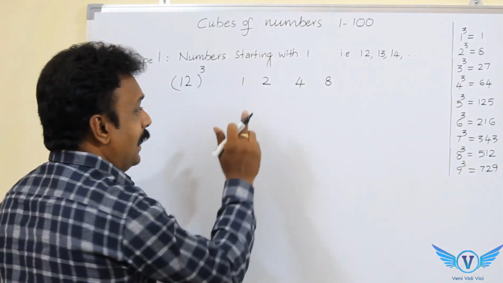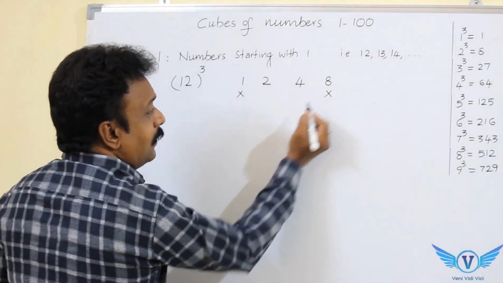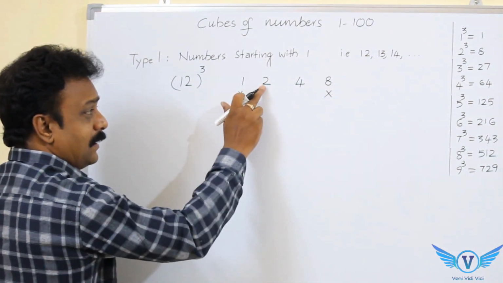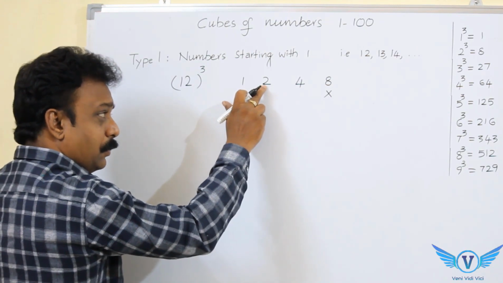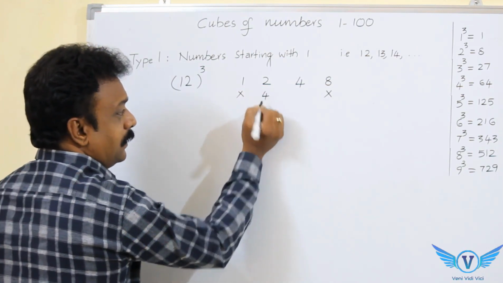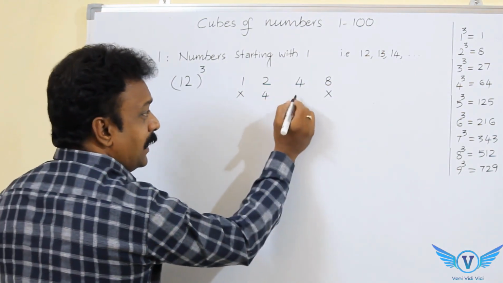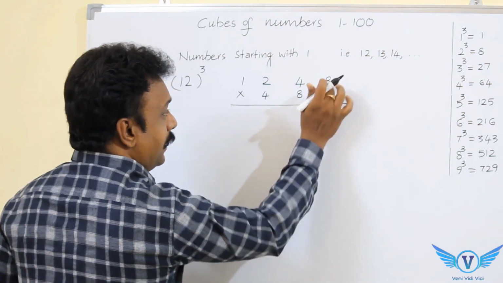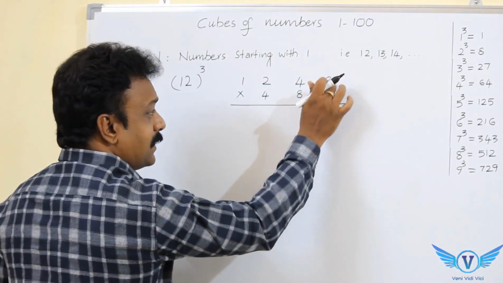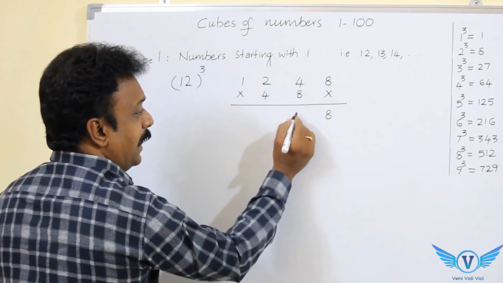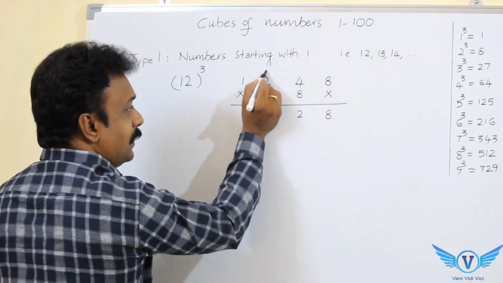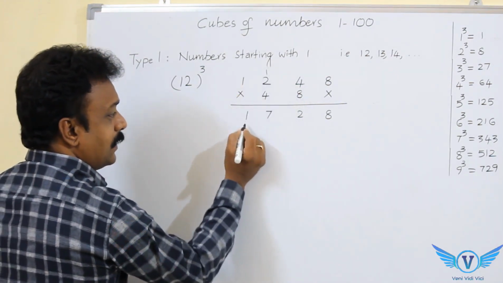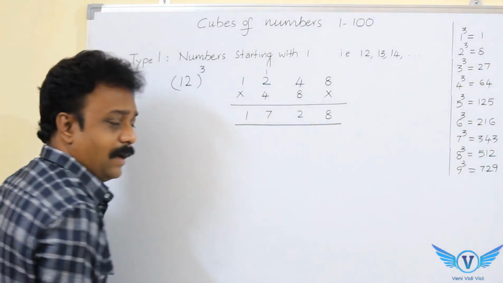Now let us leave these 2, this part and this part. Take the second number, 2, and double this number. Now 4, double this number, 8. Here nothing is there, means 8 plus 0, 8. 4 plus 8, 12, and 1 is carried forward. 1 plus 2 plus 4, 7. So 1, 7, 2, 8 will be your answer.